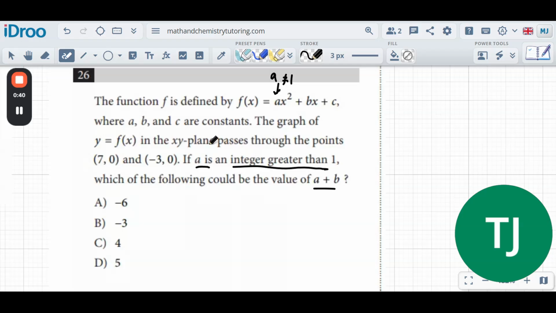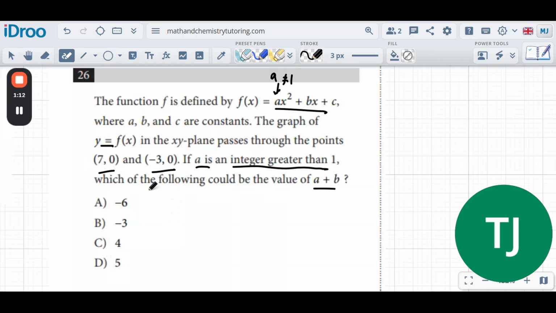So, a very typical hard SAT style question where you're given an equation, a function, and you're given other points or a point. In this case, we have 2 points, right? We have 7, 0, and negative 3, 0. So, what we want to do here is, since these are the x-intercepts, 7, 0 and negative 3, 0, we could turn this into